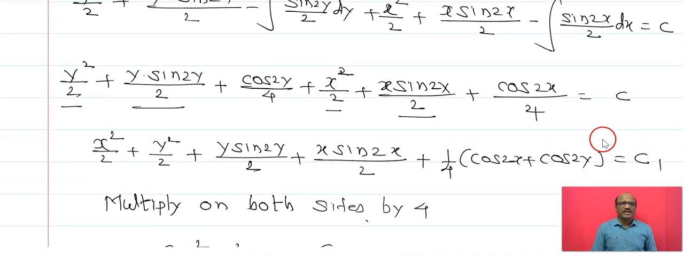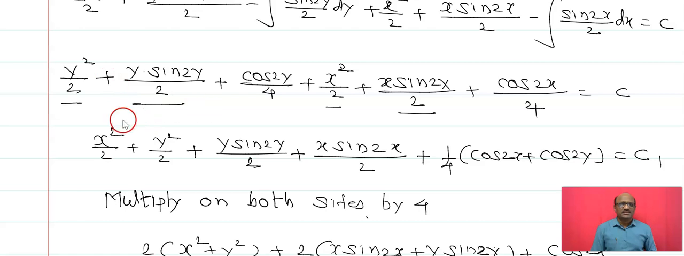Now see here, like terms. Which are the like terms? That is x square upon 2 plus y square upon 2. What about the next terms? That is y sin 2y upon 2 plus x sin 2x upon 2. And what about the next? Here it is divided by 4. Take 1 by 4 as common, and then in bracket you will get cos 2x plus cos 2y,